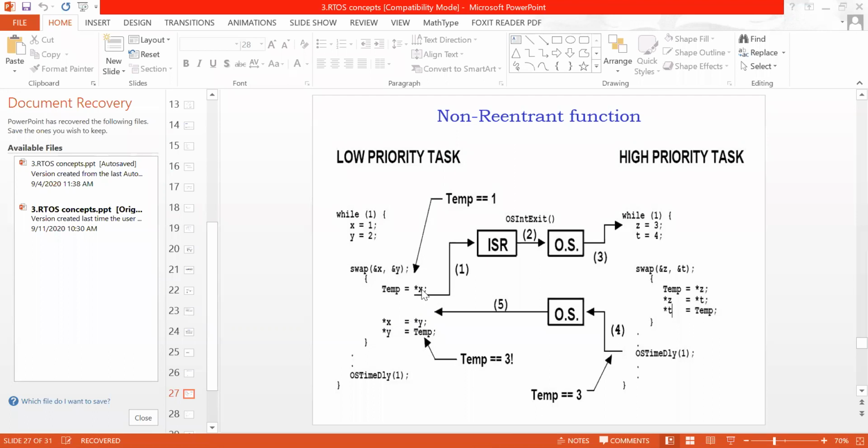Now I want to know what is the value of temp. Anybody? Whether students are present or not. We have 13 students. Temp equal to x. Anybody? Are you getting it or not?